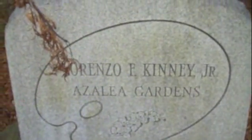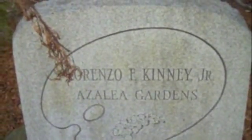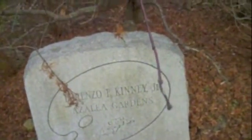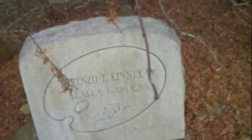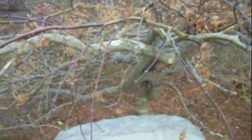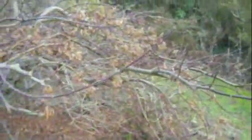I just spoke with Sue Gordon. She's the curator for Kinney Gardens, and this garden was established in 1956. Just above the stone, we see a fingerleaf Japanese maple, one of my favorite plants of all time. And of course it's winter time. Matter of fact, it's only the second day of winter,